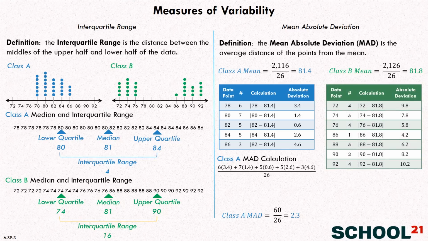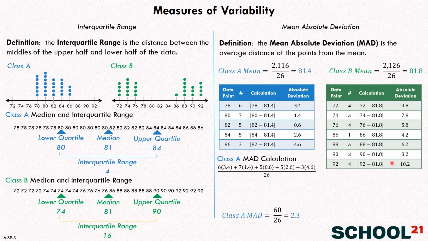We're going to say, okay, over here with Class B, there were 4 students who had a 72. So here's the data point of 72. Here's the 4 students. We saw that the mean of Class B was 81.8. So we want to say, how far is 72 away from 81.8? We do the calculation here. We take the absolute value. This would be a negative number otherwise. And we see that that's 9.8 away from the mean. And these 5 students who got a 74, they were 7.8 away from the mean, et cetera, all the way